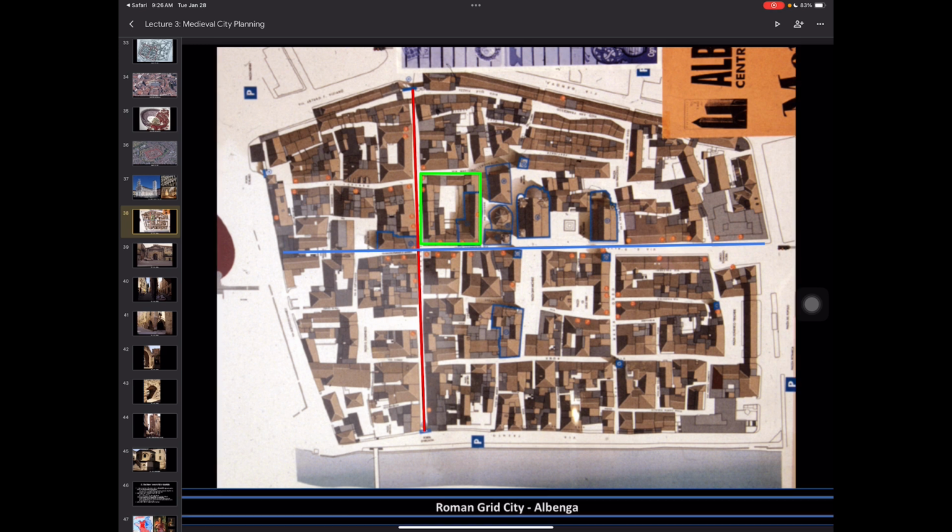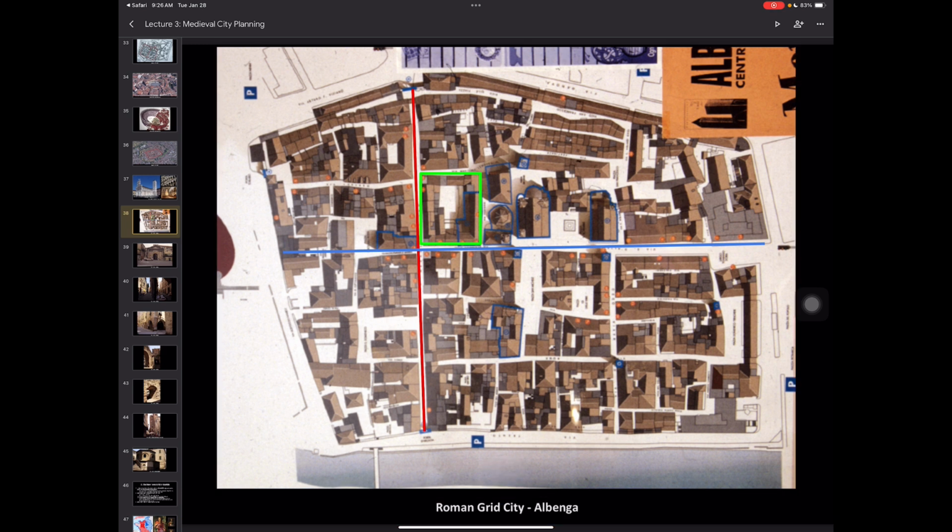We do have our Cardo going up and down, and once again, we know that because there's gates, right? The blue right here and the blue up there are our city gates where you would have entered. And we have our decumanus, which is a little bit more obvious just by how broad it gets at those ends. Now, what do we notice is missing at the crossing of these two? Square. Yes, there is no central square, there is no central forum here.